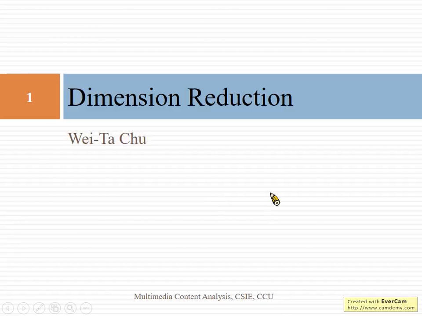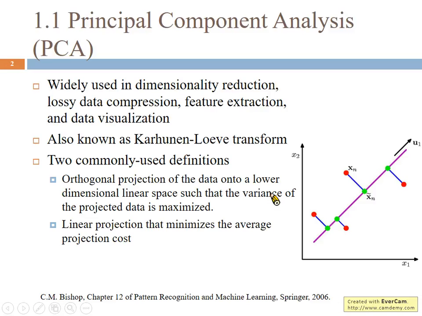We will introduce several dimension reduction technologies in the following. The first one is principal component analysis, or PCA for short. This is one of the most important dimension reduction technologies, and it's widely used in dimensionality reduction, lossy data compression, feature extraction, or data visualization. And PCA is also known as the